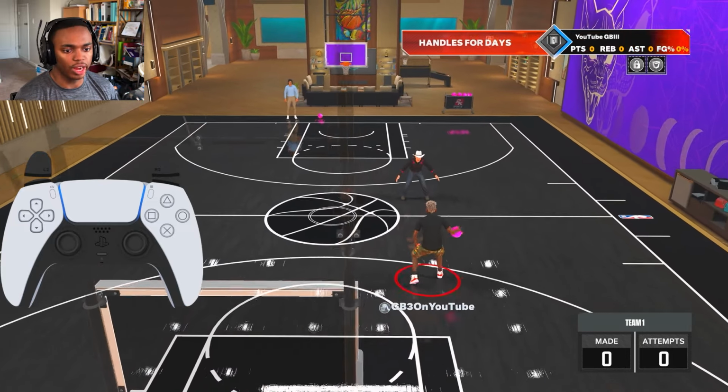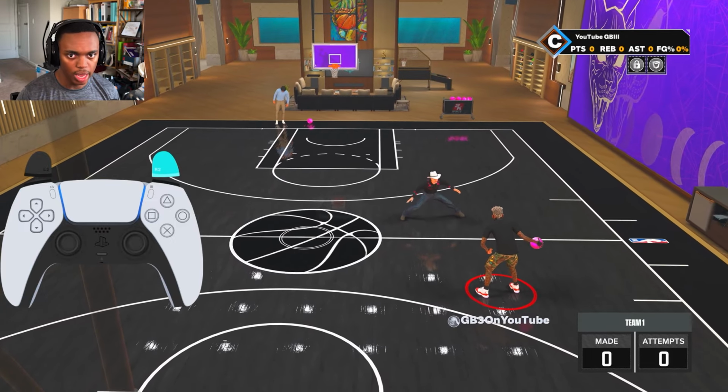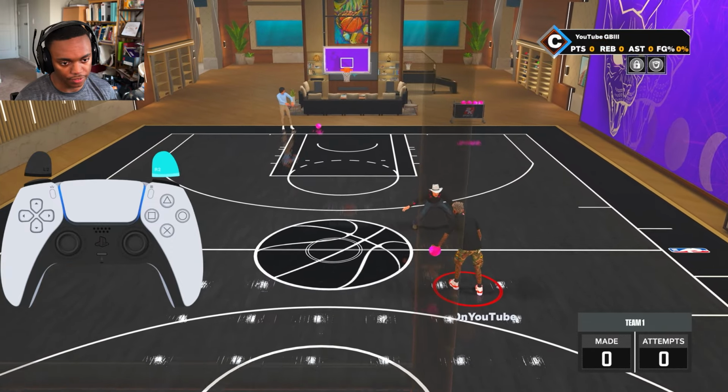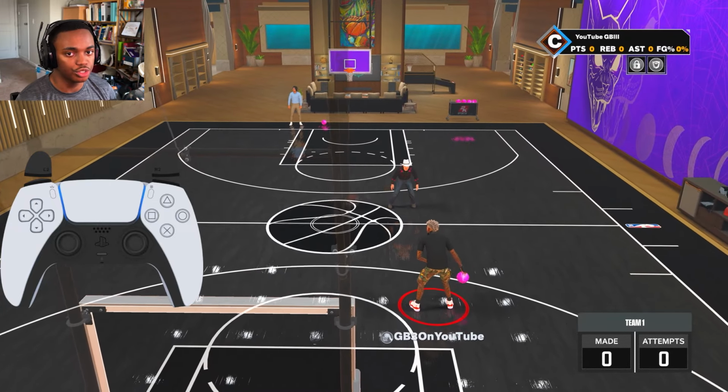Let's say the ball's in your right hand, right? You just want to do a Paul George crossover, which is holding turbo and flicking your right analog stick to the left. So boom, or diagonally up to the left. And if it's in your left hand, just flick diagonally up to the right. Boom, that's the Paul George crossover. And so right after you do that little Paul George